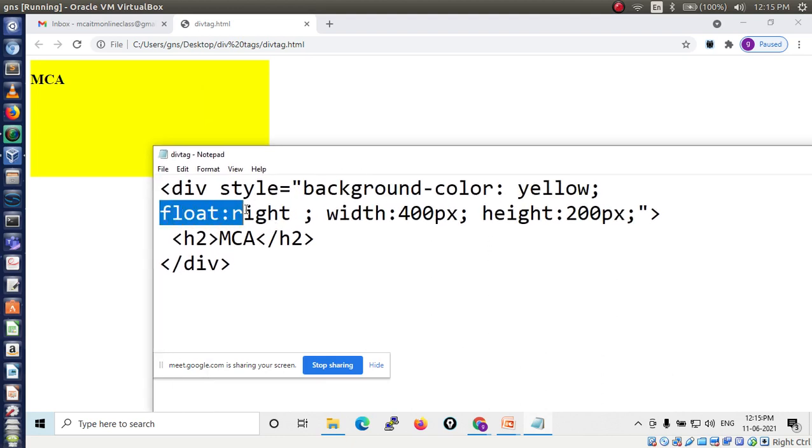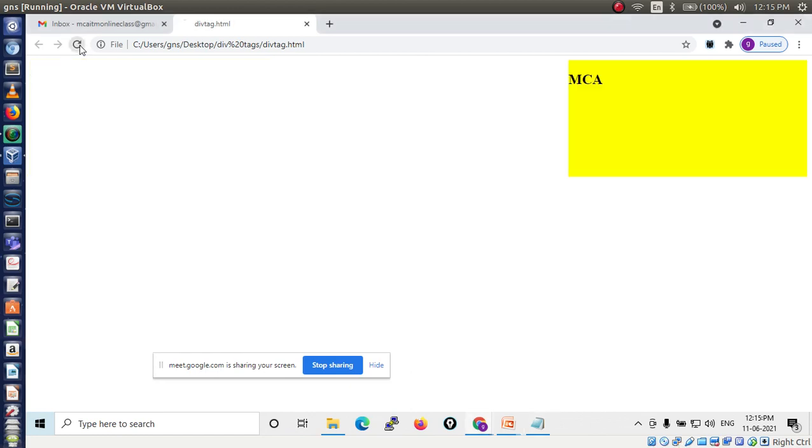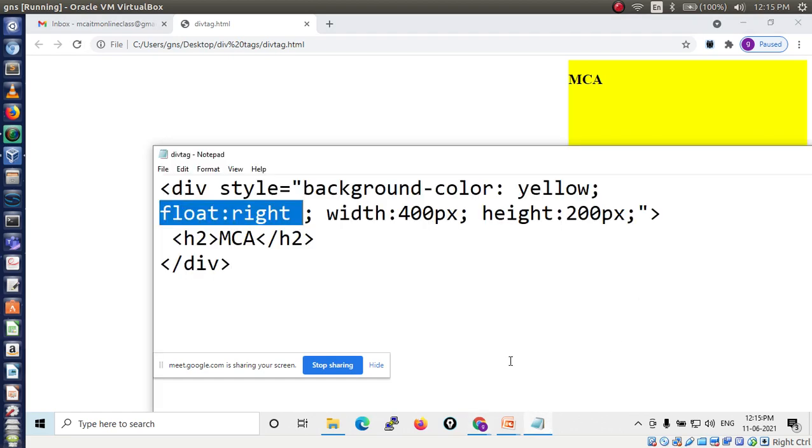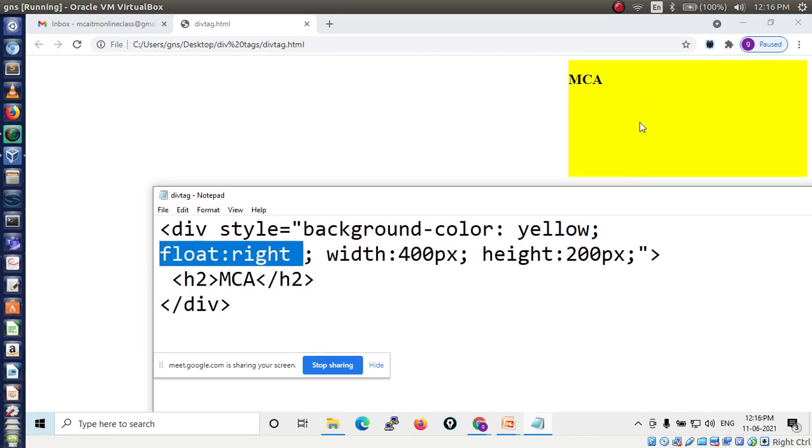It is a new feature you are learning in today's class: float right and float left. Now I have changed this from left to right, and it is displaying on the right side. Float right means it will display on the right side. Here I have mentioned the width property and height property.